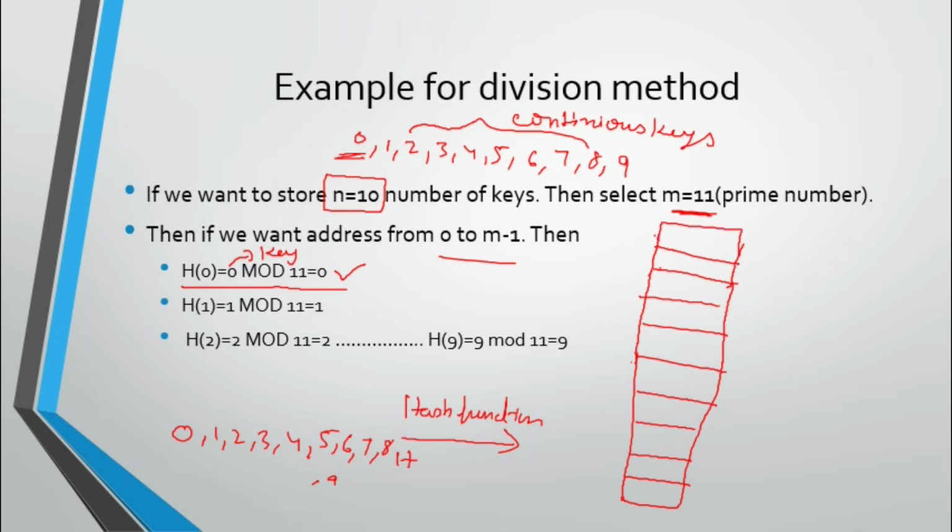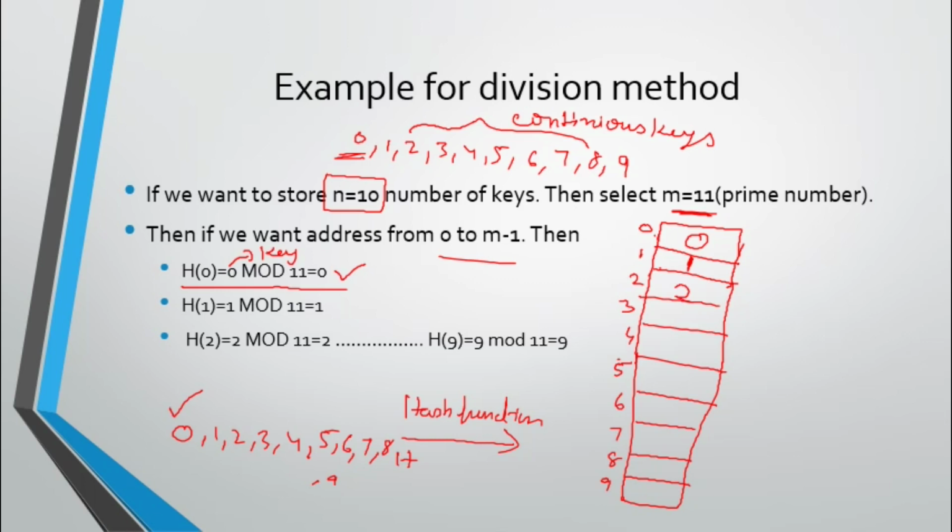Just understand how to store. Say you have spaces 0, 1, 2, 3, 4, 5, and so on, 10 spaces in total. So how do you do it? The first value, your key is only 0, so you write 0 mod 11, and you get 0. So in position 0 I store 0. Next you store 1 here. Say you have some other number, 2; you store 2 here, that way.